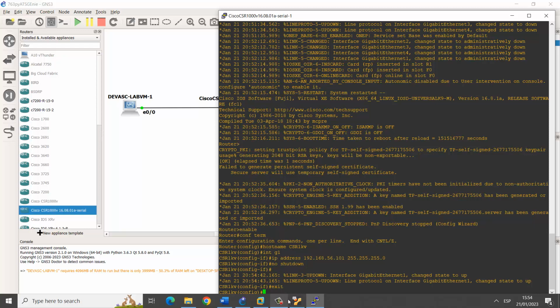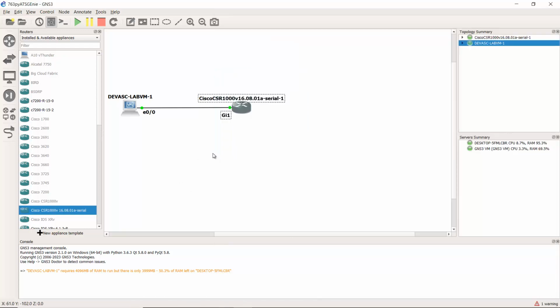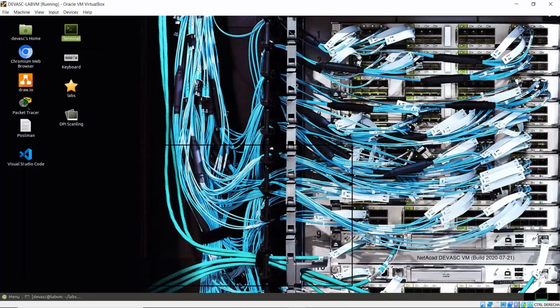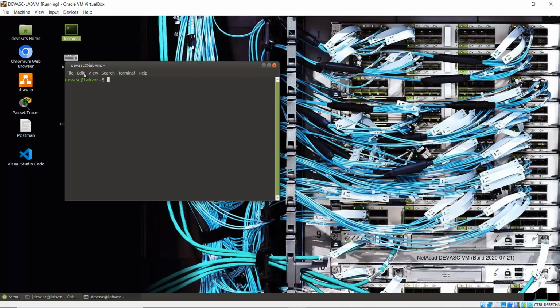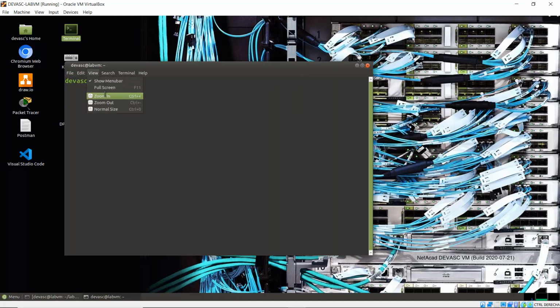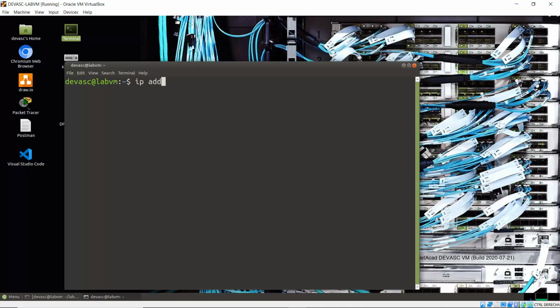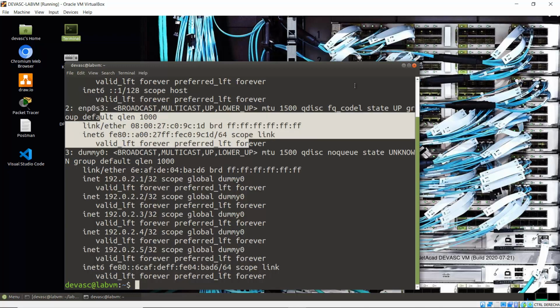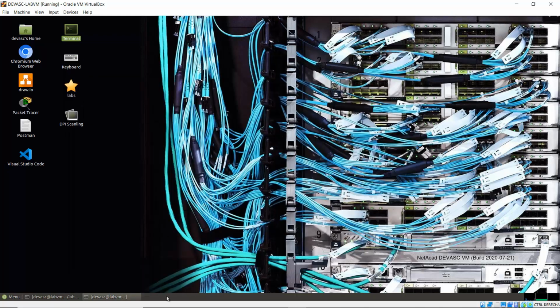And now the router is connected to the virtual machine, and on the virtual machine open another terminal window, and check the IP address to verify. This is the Ethernet interface, enp0s3, no IP address. So